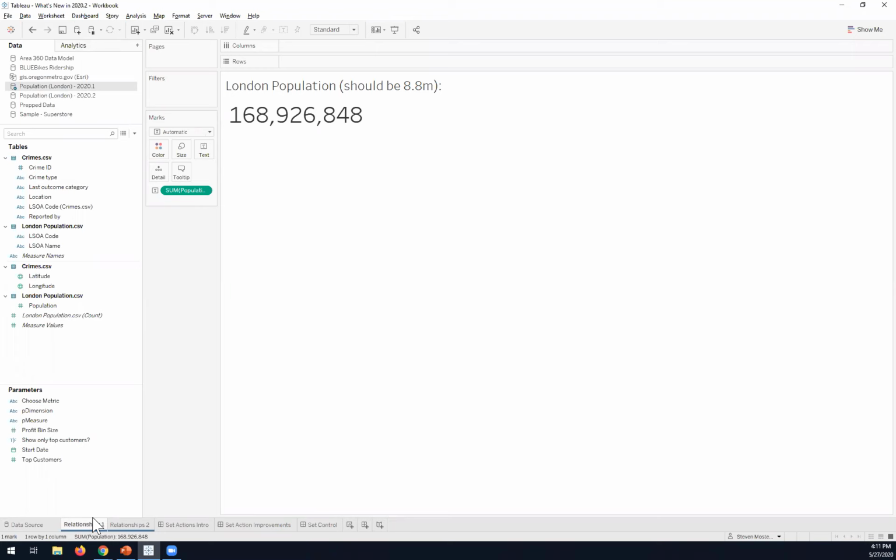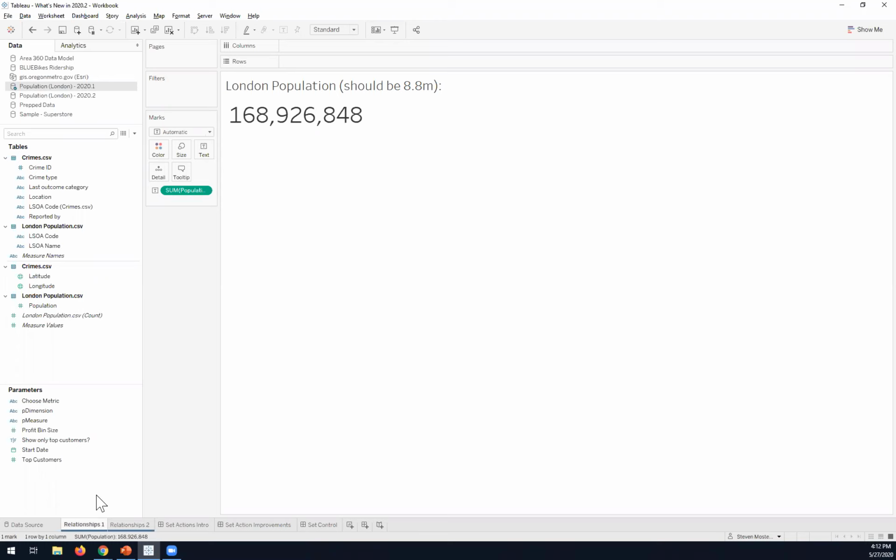Why is that? If I look at the underlying data source, I just have the population, and I joined it by the crimes that occurred for a particular geographic area within London.